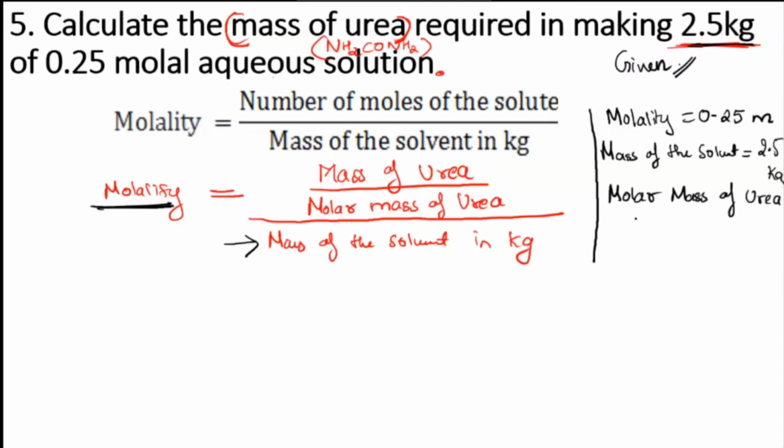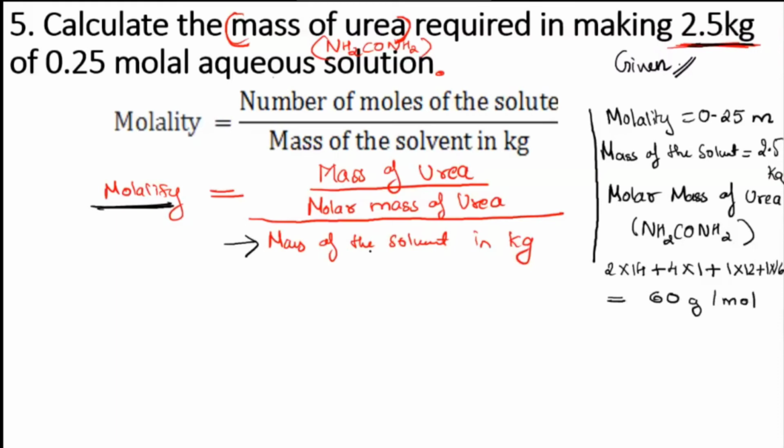How much it will be? NH2, CO, NH2. Yes, calculate and tell me. Yeah, correct. That answer is correct. So your 2 nitrogen, so 2 into 14. This I'm taking the nitrogen first. Then I have hydrogen, 4 hydrogen. So 4 into 1. 1 carbon. So 1 into mass of carbon is 12 plus 1 oxygen. So 1 into 16. Add all of these. So your answer will come out as, correct. Good. So it is 60 gram per mole.